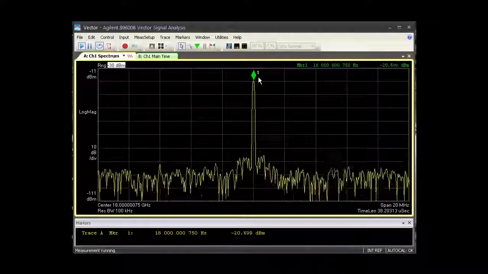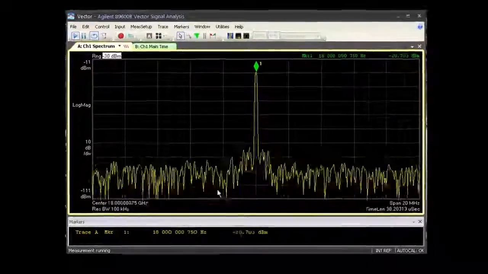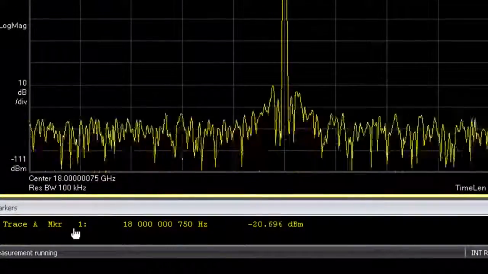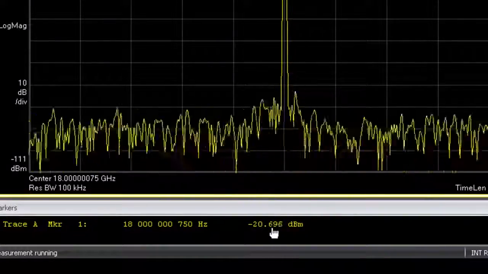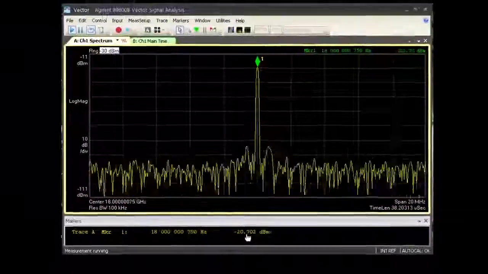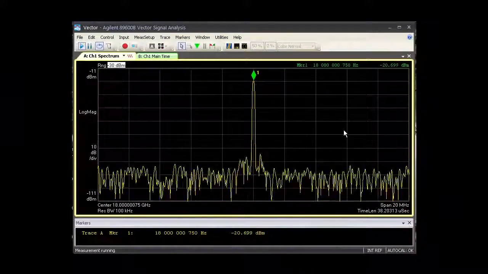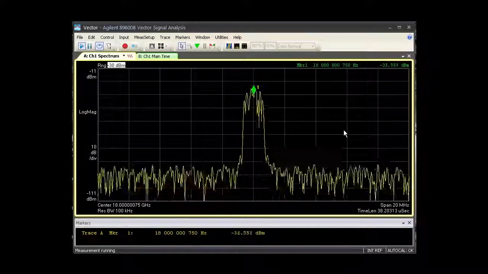Let's take a quick look at our reference signal. I've placed a marker on the peak of the carrier, and a quick look at our marker readouts confirms that we're transmitting at 18 GHz at a power level of approximately -20.7 dBm, about 7/10 of a dB loss through our reference cable. Now let's turn on the wideband modulated QPSK signal, and we'll take a look at the modulation